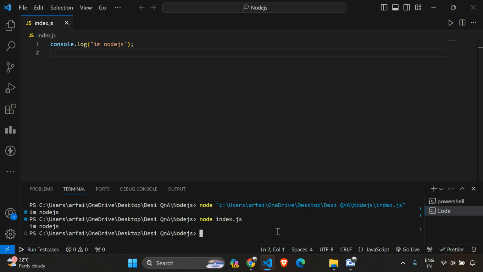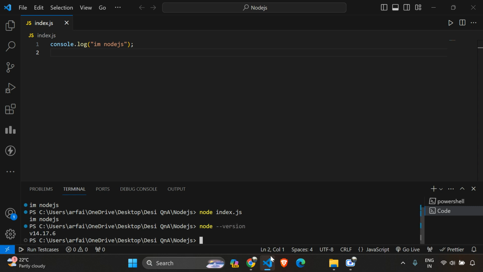And after this one, let's say I want to do something else over here, that is node --version. Okay, now you can see if I gave this particular command, it gave me this version.